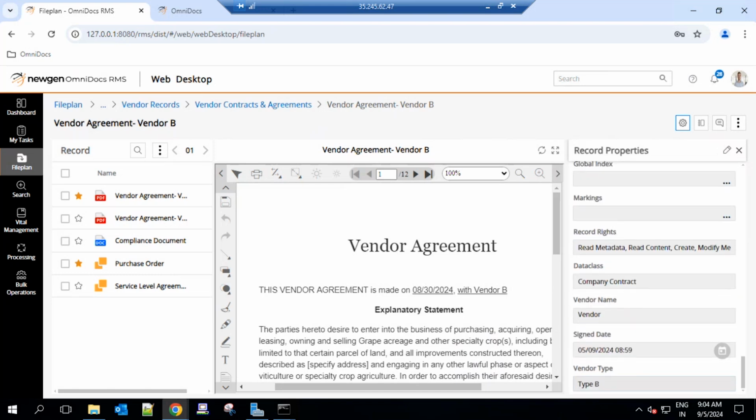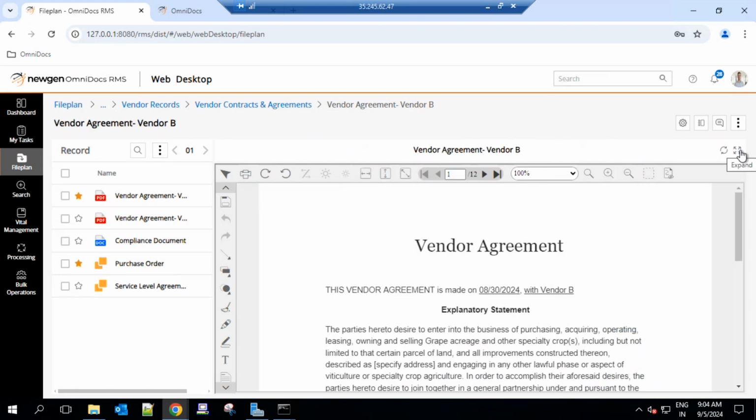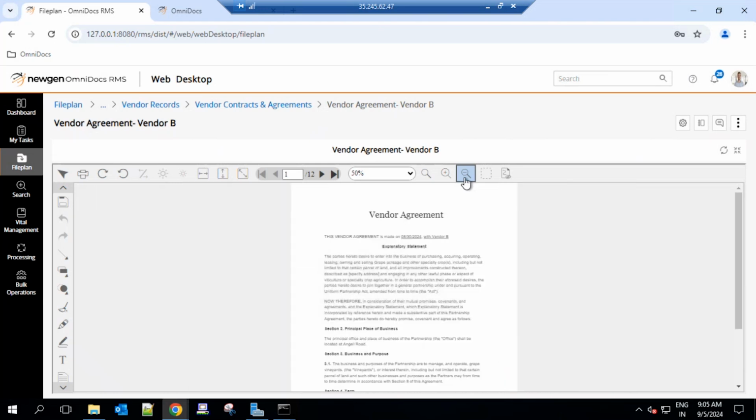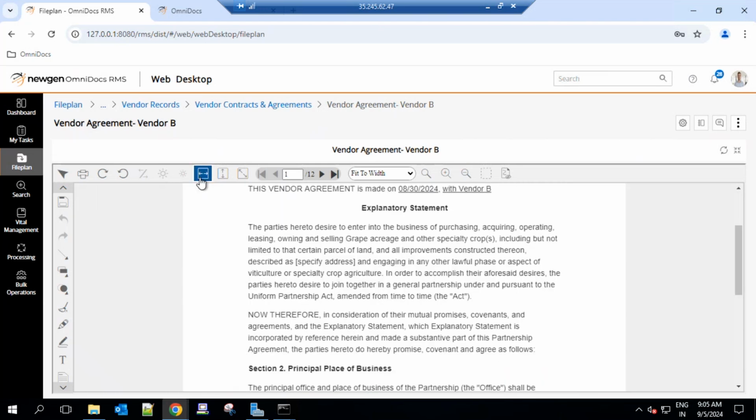Recently entered metadata is also visible here. The user may also contract or expand these panes, including the viewer. Within the viewer, there are multiple functionalities such as manually zooming in and zooming out. The record can be fit to page, can be rotated, printed. The brightness of this document can be adjusted. And there are several annotation capabilities,